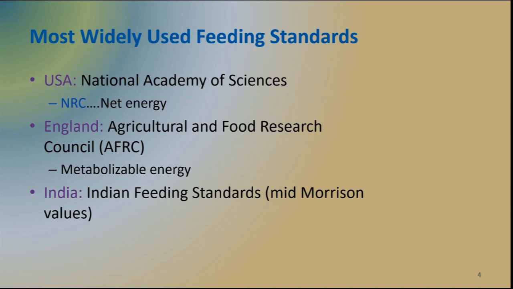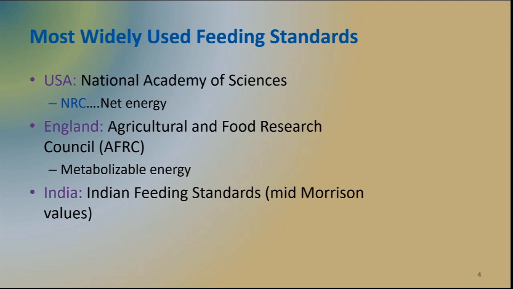Regarding the most widely used feeding standards in the world, there are many feeding standards available throughout the world, and different countries have established their own feeding standards for their own animals. Unfortunately, in Pakistan, we do not have established feeding standards for our local cattle and buffalo. We are relying on the feeding standards of either USA, or in case of poultry, we can go for the particular strain feeding standards, or we can use Brazilian feeding standards. So depending on which feeding standard source suits a particular type of breed or species or strain, we can use that. We don't have our own.